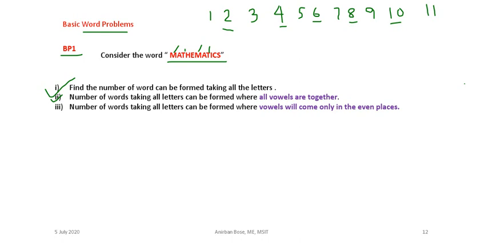So there are 5 even places, and in these 5 even places you have to put those vowels. How many vowels are there? You have seen there are 4 vowels. So the 4 vowels can be selected in these 5 places in this way. Now again the 4 vowels